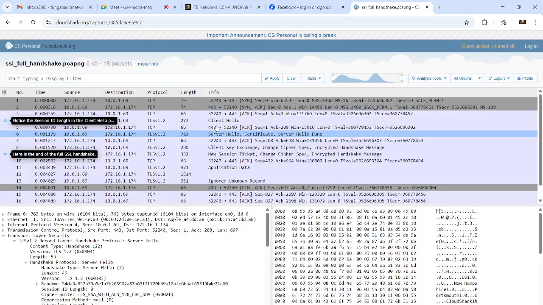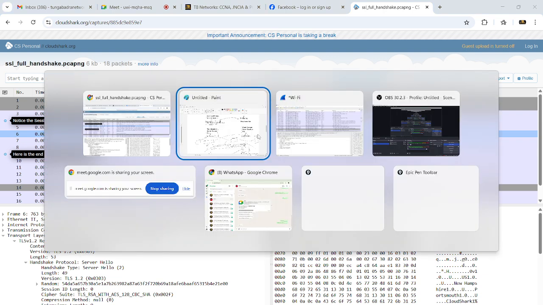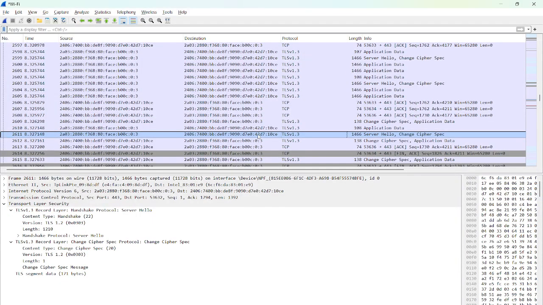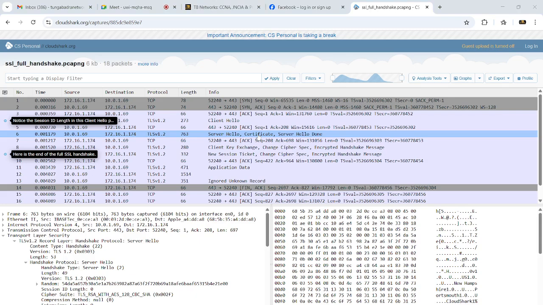But actually, the packet capture will look like this: in the server hello itself we'll see the certificate, and inside the certificate we'll have a public key field as well. Maybe there is an issue with reaching the server, or the server is not sending a certificate. I will check and let you know.